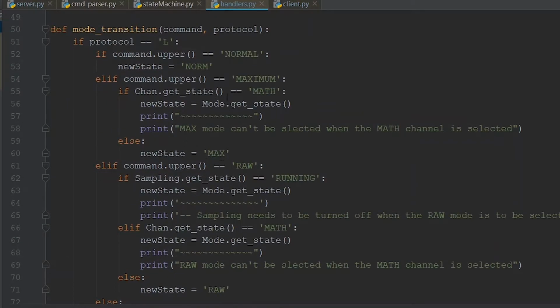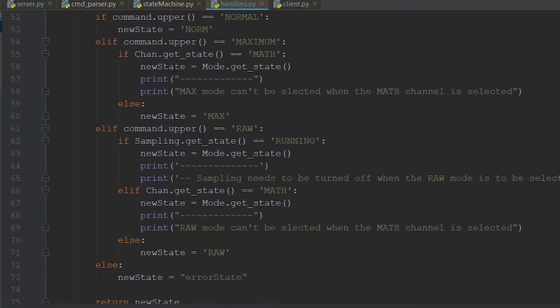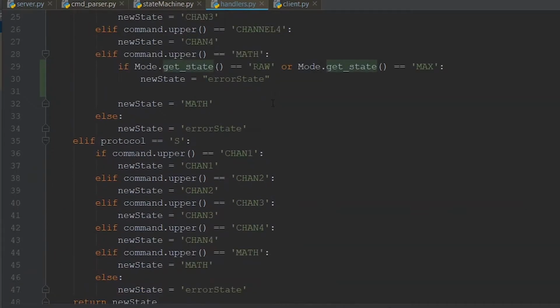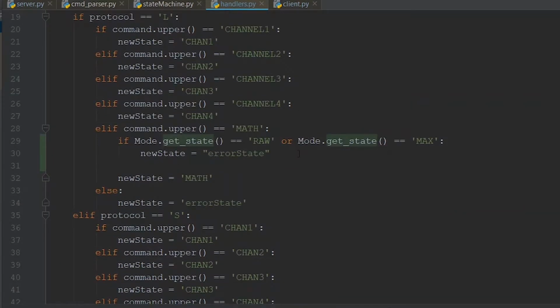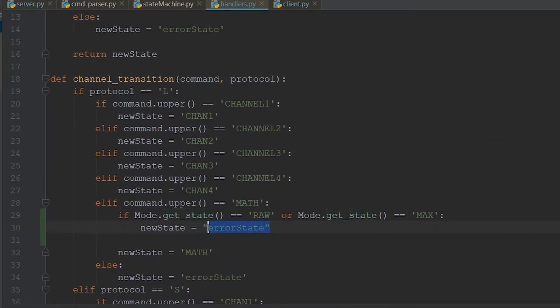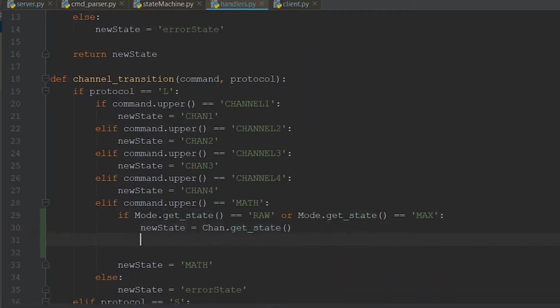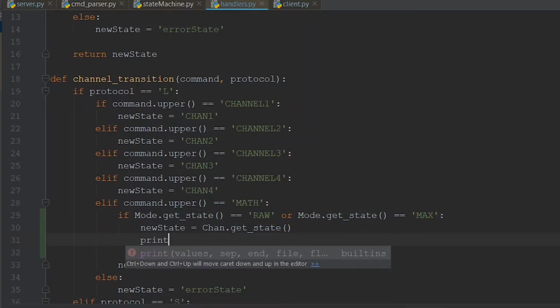Just like over here, well, instead of setting it to error state, I'm just going to set it to the current state, which is what setting it to error state is going to do as well. But it's just going to take a step further and put it into the state machine class, and that's going to do it for us. But we can just do it right here. So instead of putting it into an error state, I'm just going to say new state is chan dot get state. So we keep in the current state, and I'm going to print